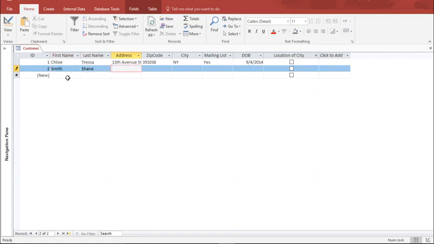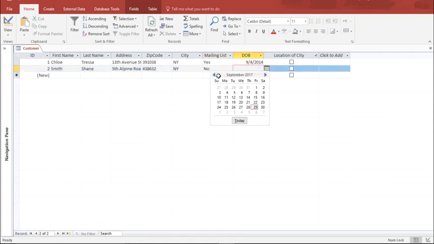All right, so if you move on to the next one, let's take any random name, Smith Shane. Add a different address like 5th Alpine Road, right? Zip code, random zip code, state NY again. Yes, again we'll select this drop down menu as no. Okay, you can select a date of birth from here. Okay, we can toggle around using this